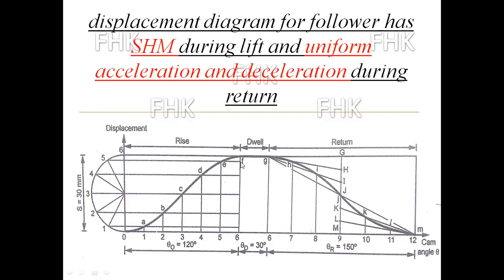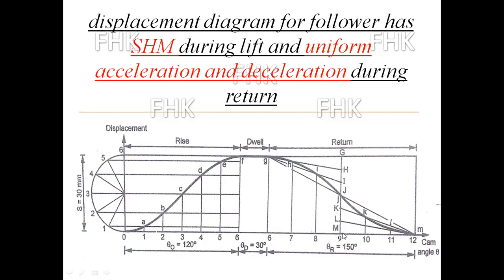Now the next step is uniform acceleration and retardation. So 3 parts for uniform acceleration and 3 parts for retardation, as the acceleration and retardation are uniform. So 3 parts I will give for acceleration and 3 parts I will give for retardation. So from the midpoint, I will draw a vertical line.